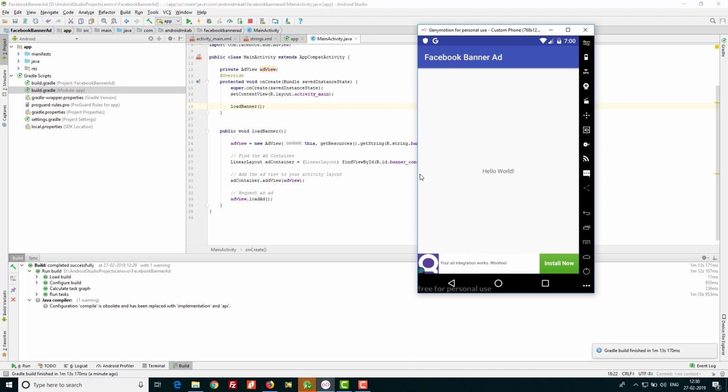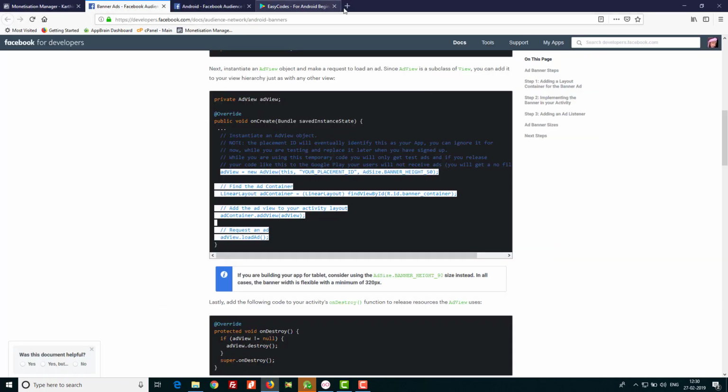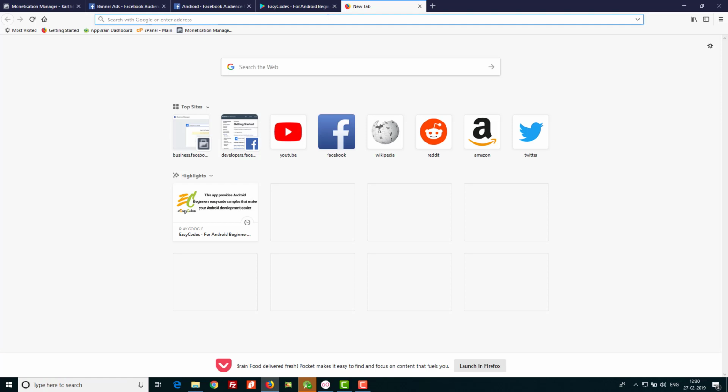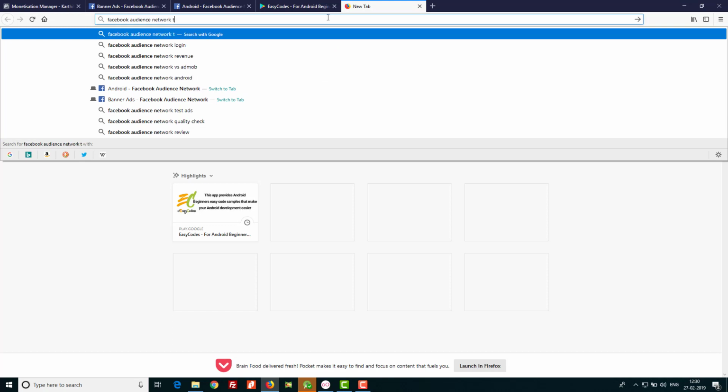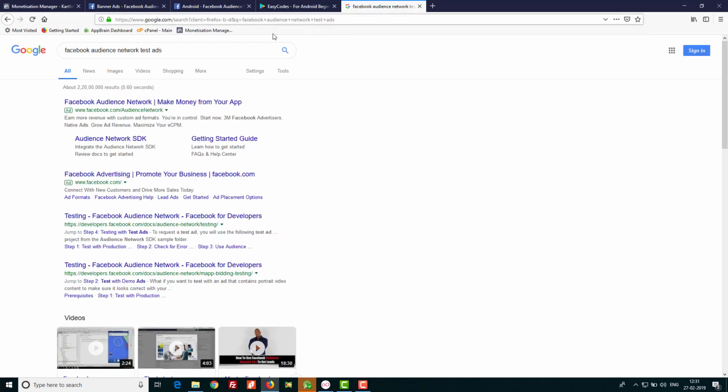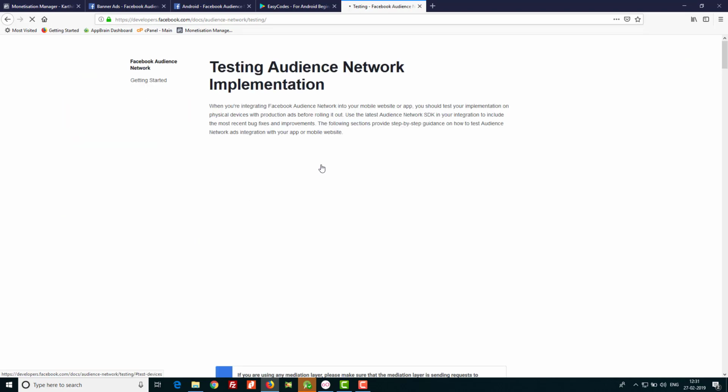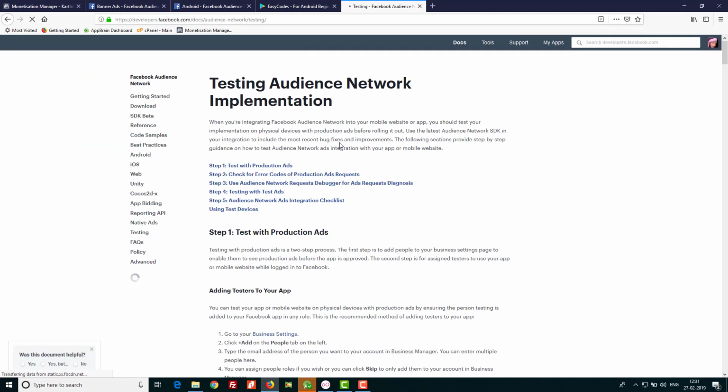If in case you don't see the banner ad here, just go to Google and search for Facebook Audience Network test ads. You can see the third result here, testing Facebook Audience Network. Click on it and scroll down.